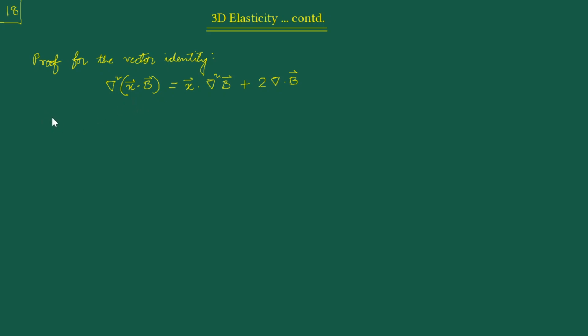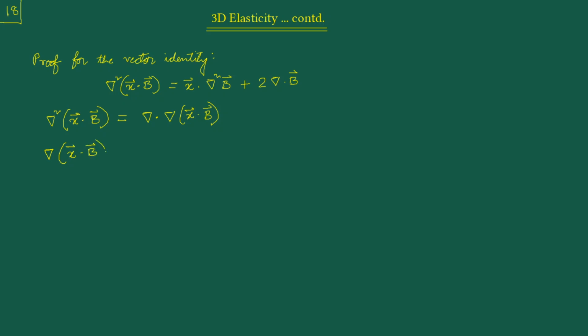So first of all, we note that this del square x vector dotted with b vector, the left hand side, is basically the divergence of the gradient of this. Okay, so we'll do this step by step. First of all, we'll take the gradient of the x dot b, and then we'll take the divergence of that. So first, for the gradient